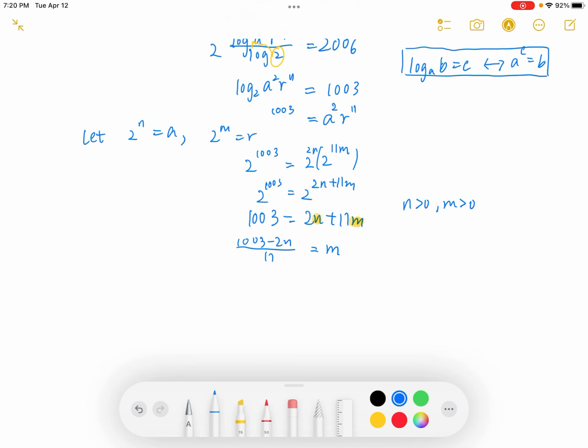We want this to be a whole number, and we also know that 91 times 11 is equal to 1001. So the largest number for m we can have is 91,